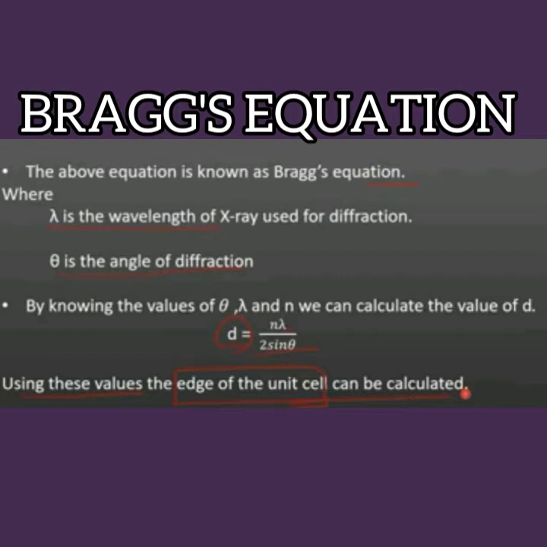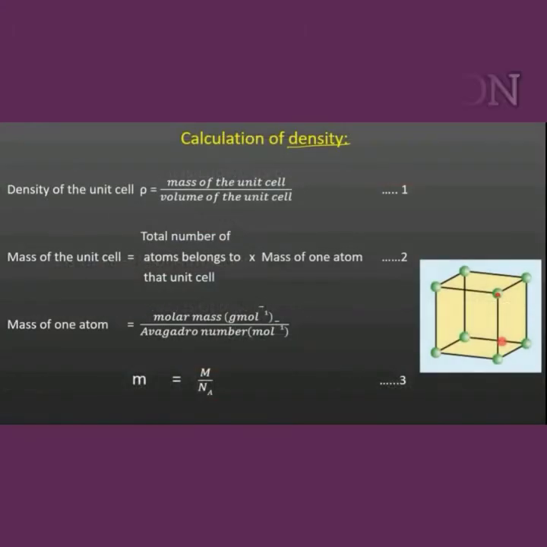Bragg's law means the interplanar distance between two successive planes of atoms can be calculated using the following equation from the X-ray diffraction data, n lambda equal to 2d sin theta. So we have to express each and every letter, that is what is n, what is lambda, what is theta and what is d. Using these relations and also the values of theta, n and lambda, we can easily determine the interplanar distance between the successive planes.